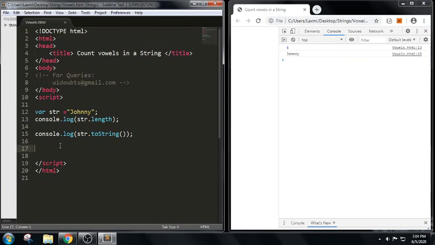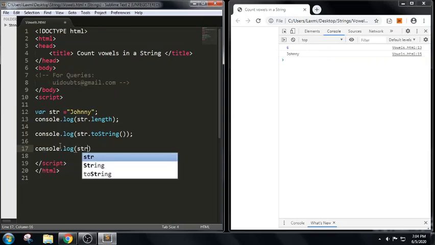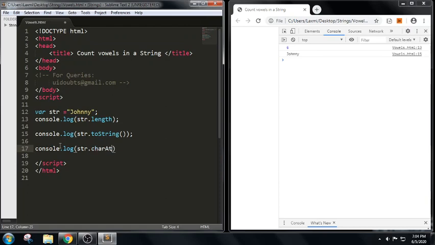Now if I want to check the character at a particular index, for example console.log str.charAt of 0. Whenever I write charAt of 0, it will return the first character. charAt of 1 will return the second character, and so on.